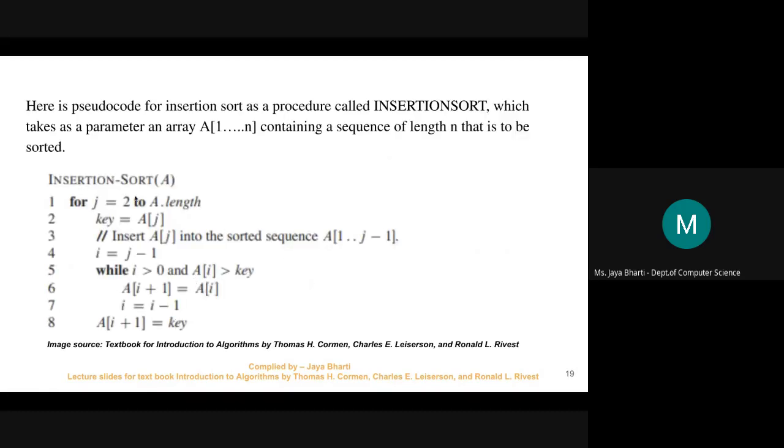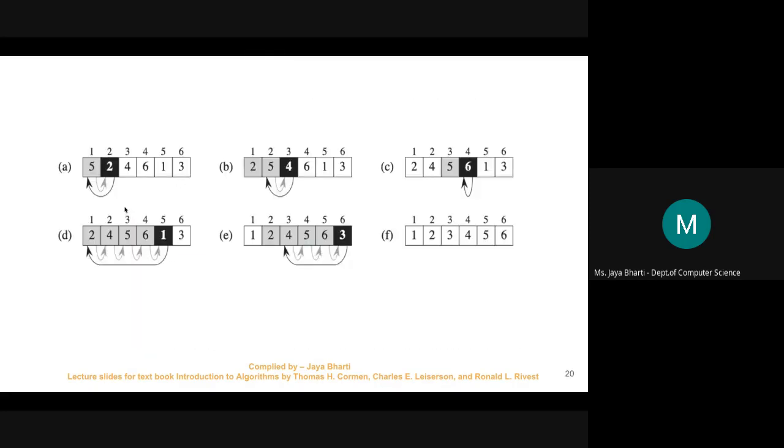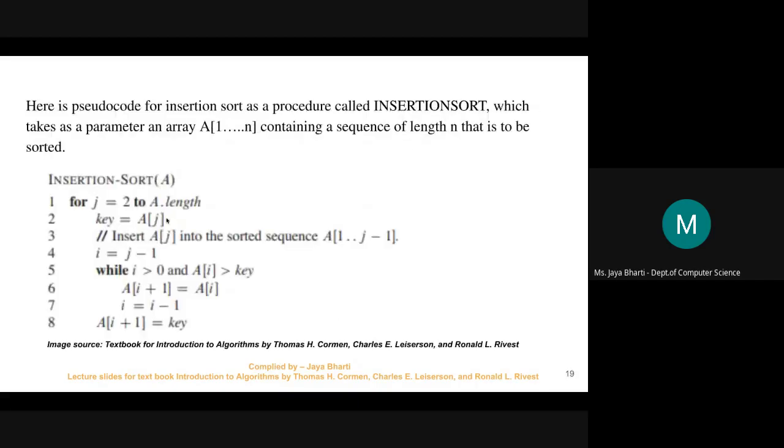So now you need to go to the for loop again. Now you will increment the j value. So now j is 5. So a of 5 is 1, so key value is now 1. And what is the value of j? It is 5. So now i value will be 4.